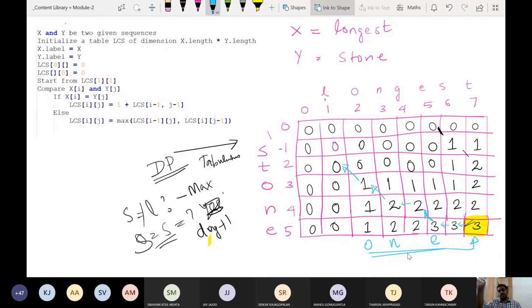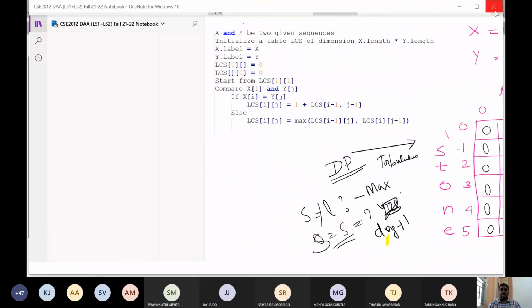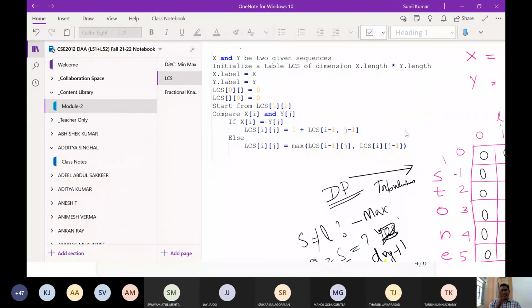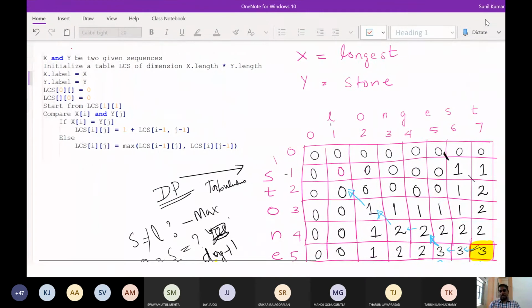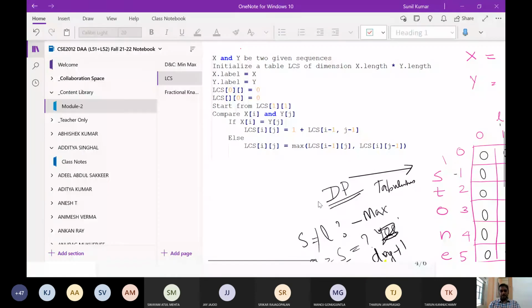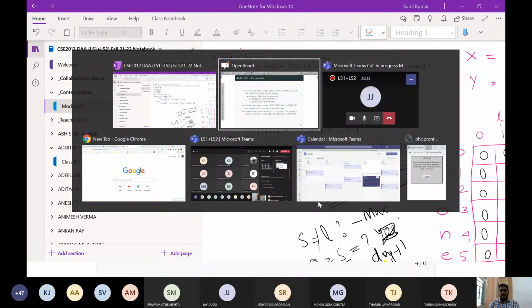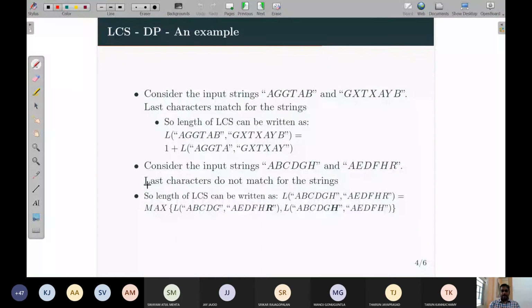Okay, that's all about this LCS, but not all about. We should understand the idea. If you mechanically fill the table like this, and if you mechanically write a program to fill the table like this, you have this algorithm. If you could convert this algorithm to a program, you will easily get the answer. But that is not sufficient. Why are you getting this? That is the question. For that, let us see the slide that will explain the idea.